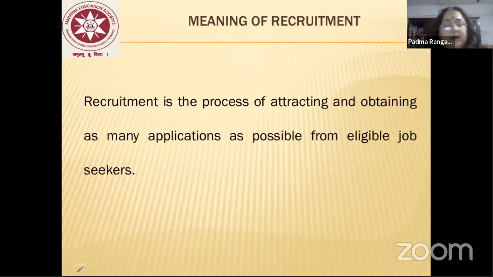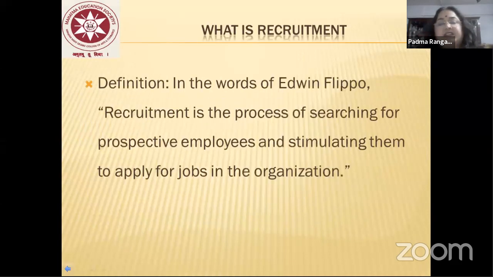that are defined in different roles and positions in your business organization. So when recruitment as an activity is being done, Edwin Flippo has defined recruitment in a very crisp manner. He says recruitment is the process of searching for prospective employees. Who are prospective employees? They are people who are going to become employees. They are the general people in society. So recruitment is a process of searching for prospective employees, future employees, and stimulating them to apply for jobs in